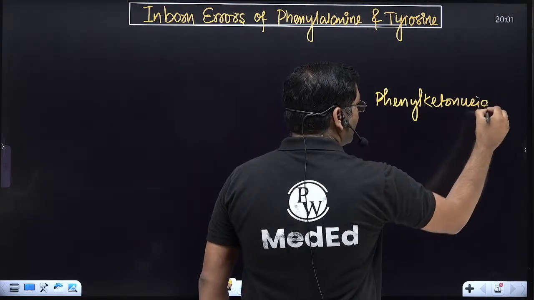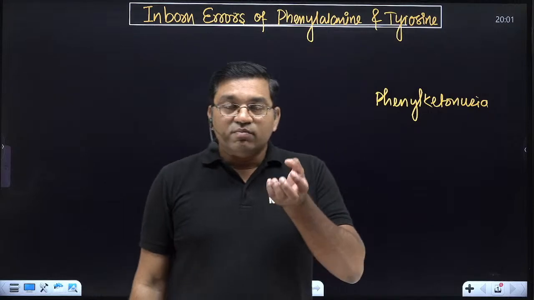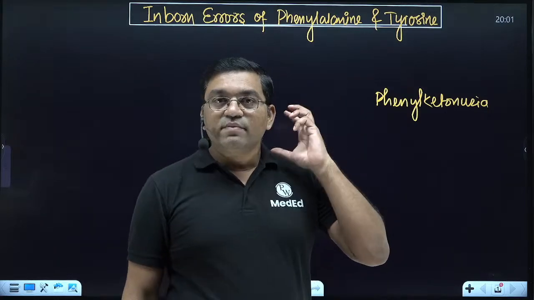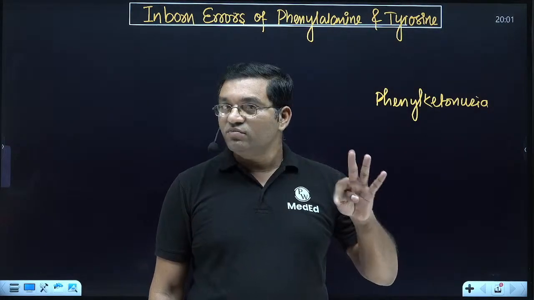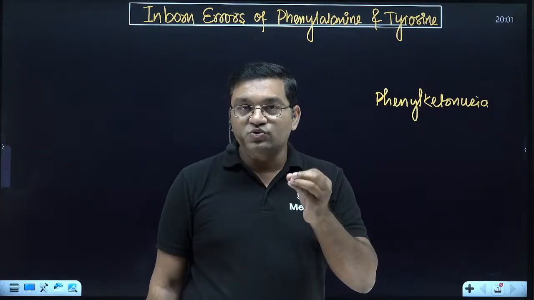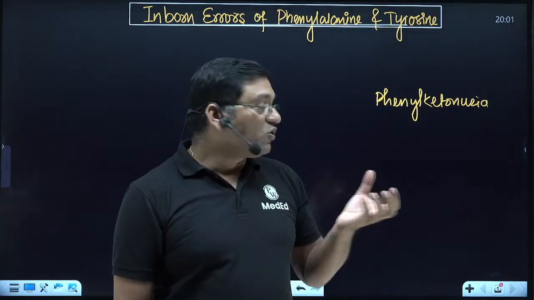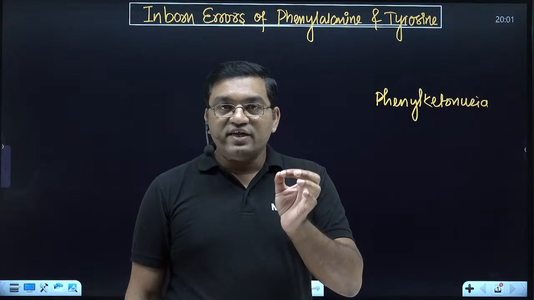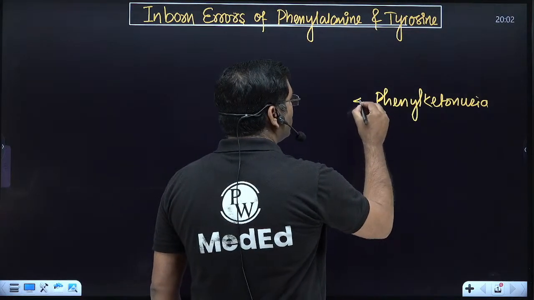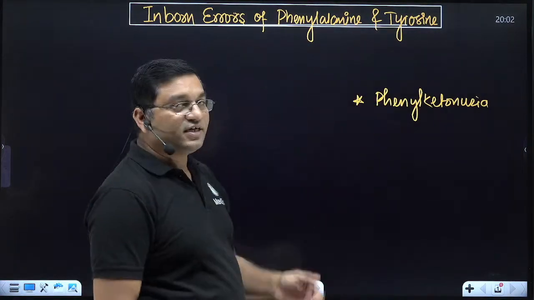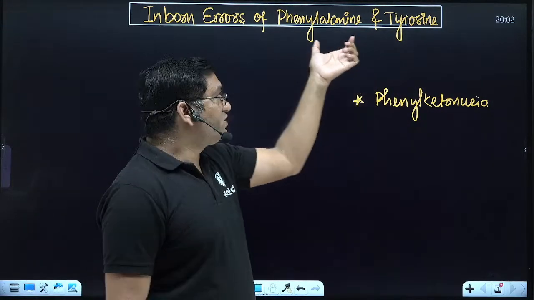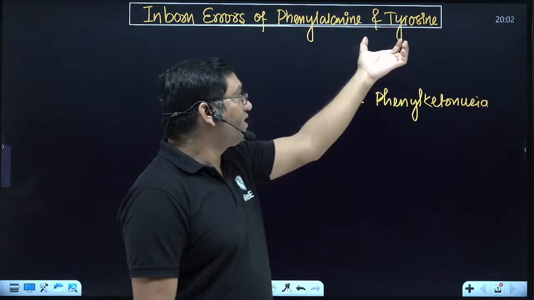Phenylketonuria. The classical characteristic of phenylketonuria is mousy odor of urine, and hypopigmentation is there along with mental retardation. So mental retardation, mousy odor and hypopigmentation are the features of phenylketonuria. The mousy odor of urine is because of excretion of phenyl acetate in the urine. So this is an important disorder, an inborn error related with phenylalanine and tyrosine metabolism. It is due to the blockade of the enzyme which converts phenylalanine into tyrosine. The other name of tyrosine is